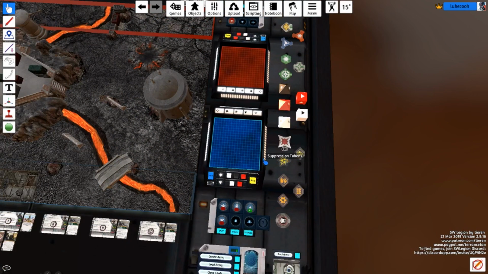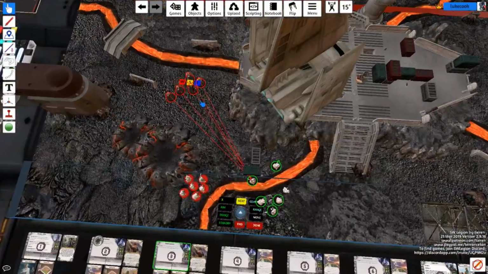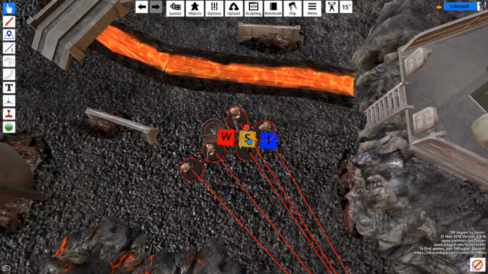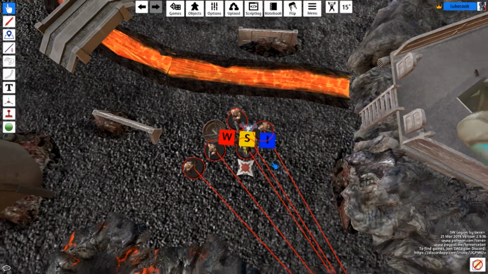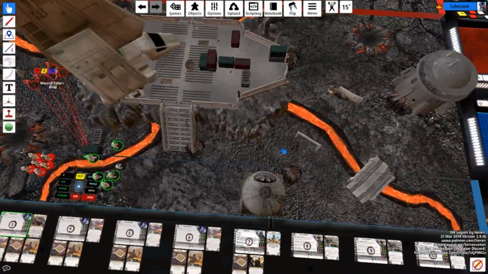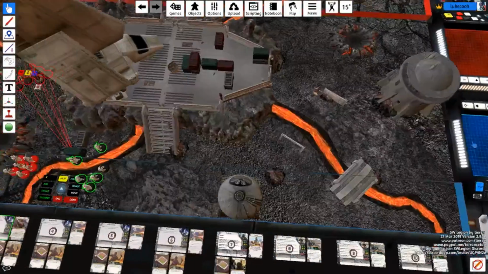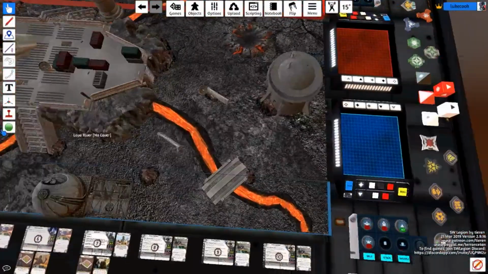So now you can pull over suppression tokens and wound tokens, or another way is to, when you hit the attack button on this unit, you can bring over suppression, wound, or ion. So that's nice. Or you can just drag the tokens over, whatever you prefer. It's obviously quicker to do it this way, but